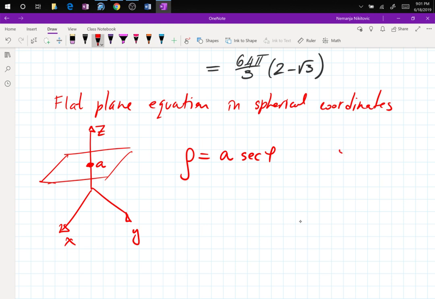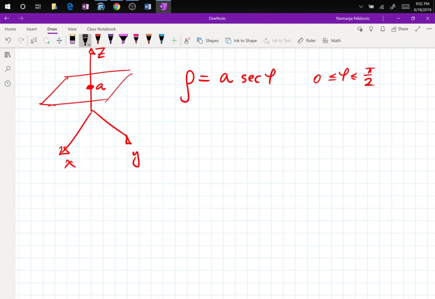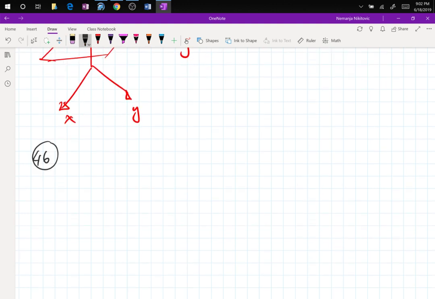And phi is going to be between 0 and pi over 2. So that's the equation. Now, why is this important? Because we have a whole bunch of problems to deal with in the homework and in general that contain flat planes. So problem 46, for instance, and this is the last problem we are going to take a look at,